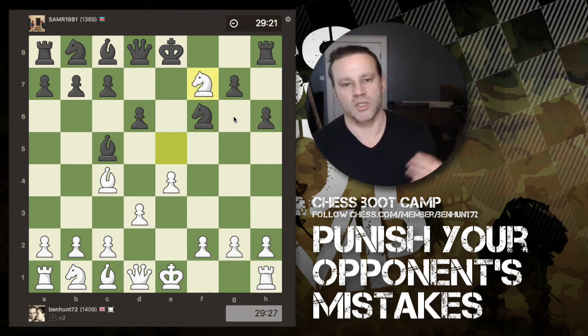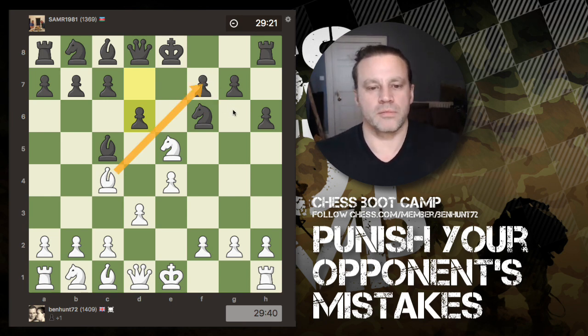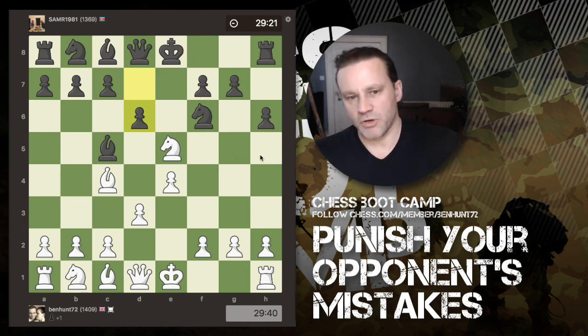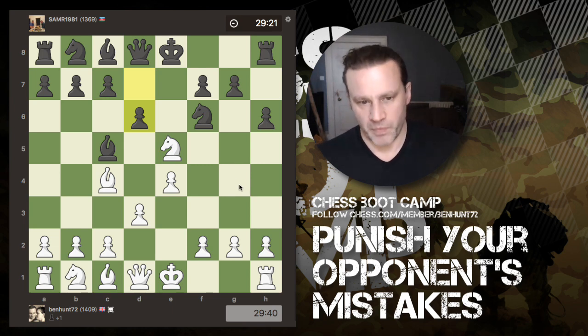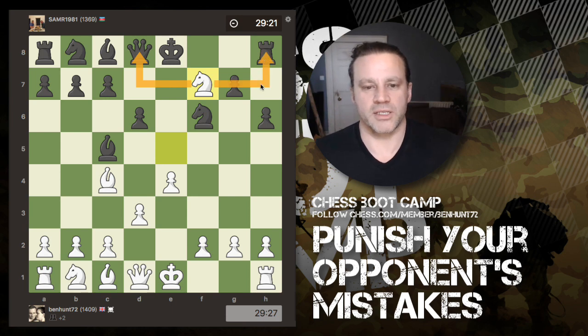So I decided to go in with the knight. There was an option of also taking with the bishop. The bishop capture would come with check, which would force the king to move to one of these two squares, right? Because obviously the knight's covering d7. So it would force the king to move. Black would lose castling privileges. That's perfectly reasonable. But I chose to go in with the knight, grabbing the pawn,